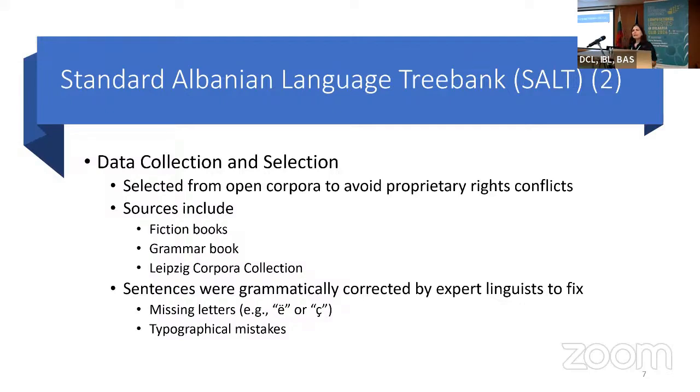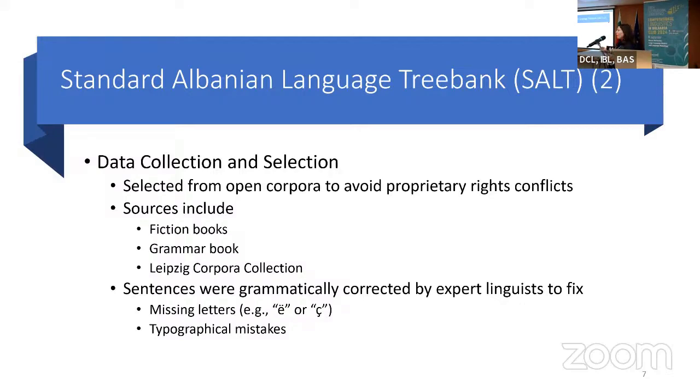We selected some sentences from fiction books, grammar books, and the other part is from the Leipzig Corpora Collection. It should be mentioned that the corpus is in standard Albanian, the official language, and all the sentences that we selected and inserted in the corpus were checked beforehand